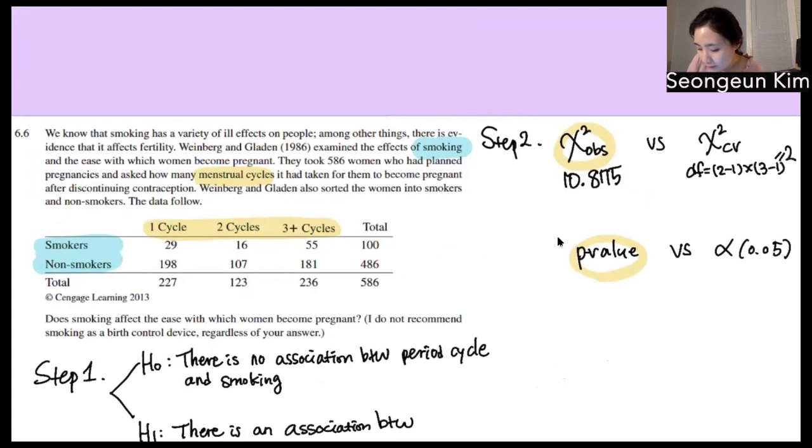My alpha is 0.05. If we find the chi-square distribution table with df of 2 and the column of 0.05, it is 5.991. Since the chi-square observed value is greater than the critical value,